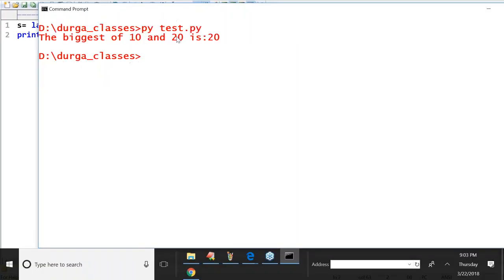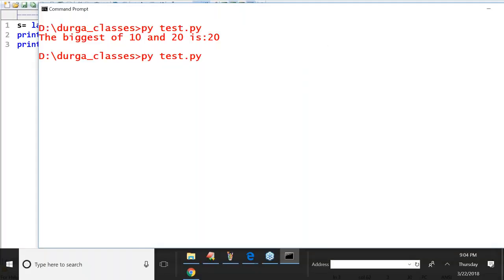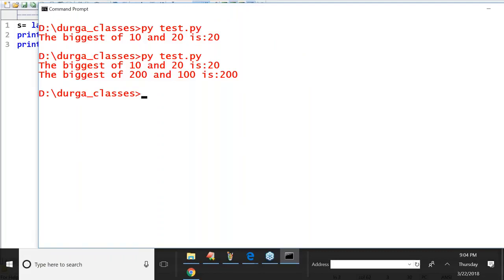The biggest of 10 and 20 is 20. Suppose I'm taking the biggest of 100 comma 200, or otherwise 200 comma 100. Here the first argument is 200, the second argument is 100. What is the output we are going to get? Yes, obviously 200 is the biggest value. The biggest of 200 and 100 is 200.